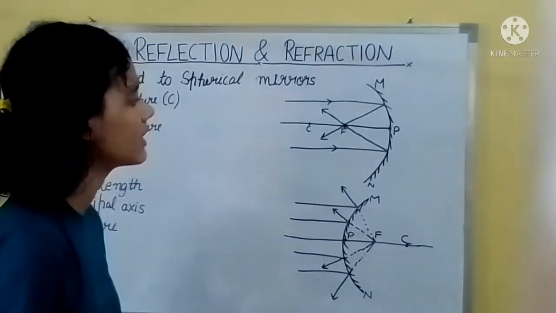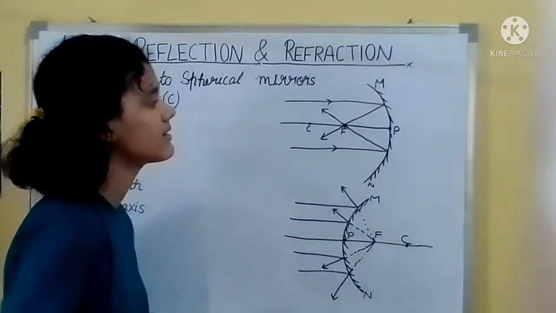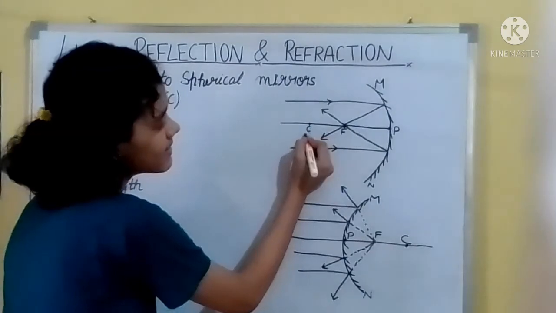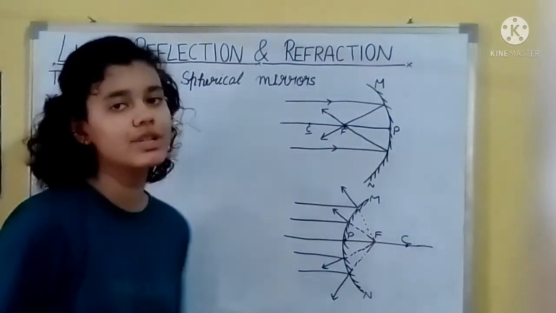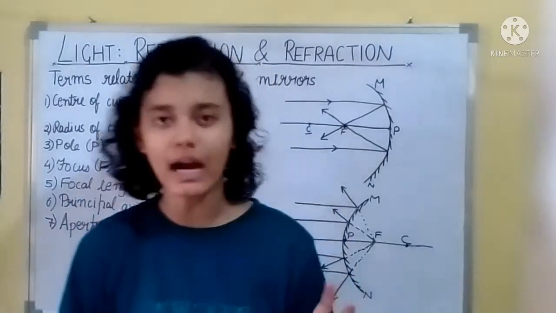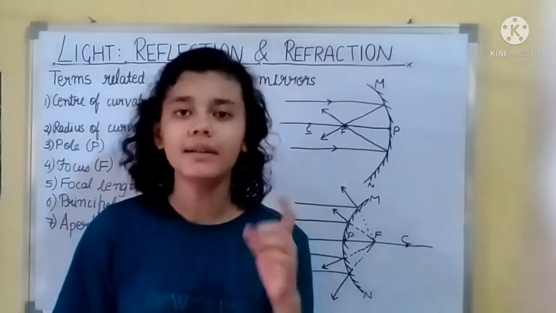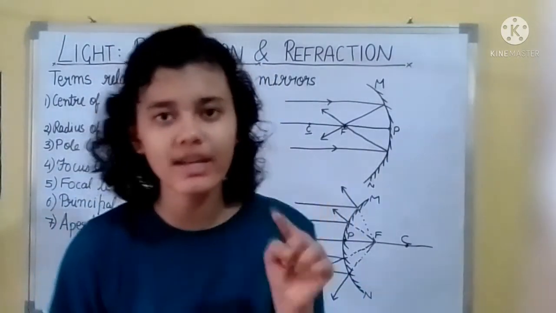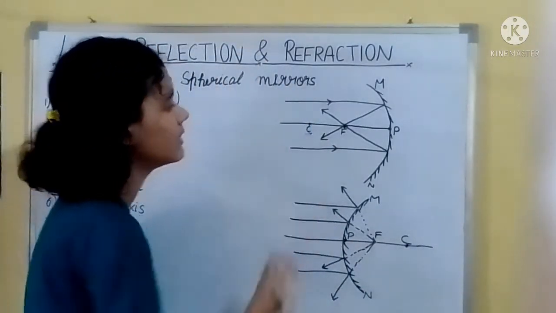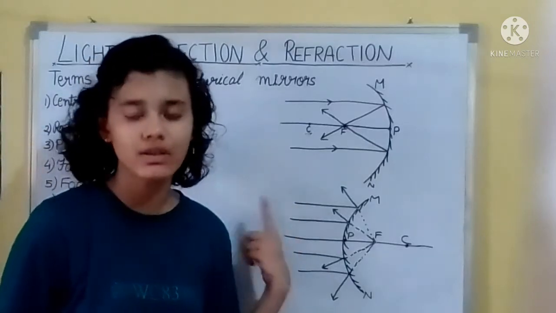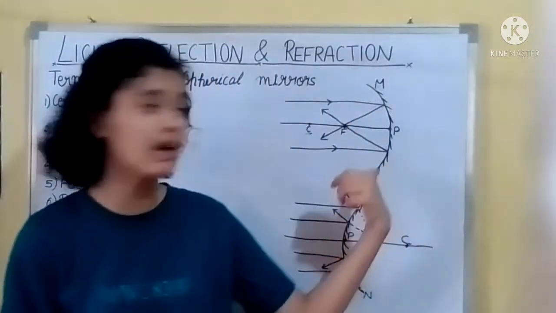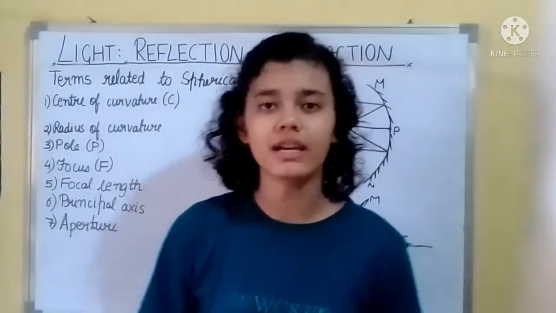So what is center of curvature? First let's see what is center of curvature in a concave mirror. So this C, center of curvature, means I have told you that the spherical mirror is cut out from a sphere and it's obvious that that sphere has a center point. So this C represents that only, center of curvature. मीन्स जो स्फेयर है उसका जो सेंटर पॉइंट है जिसमें से ये मिरर कट हुआ है वो C है.